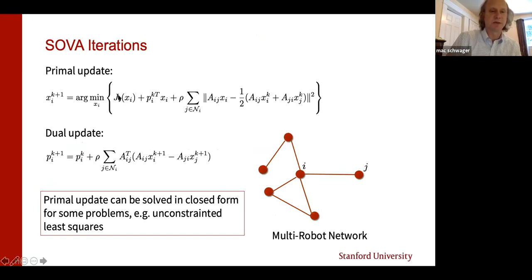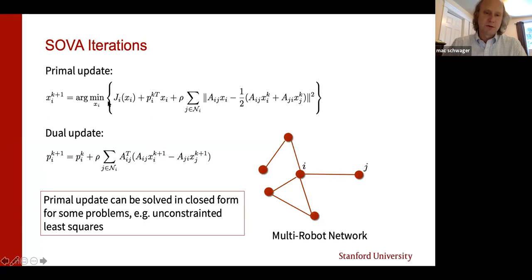So, for example, in the target tracking application, this only depends on the data observed by robot I. And then there's some dual Lagrange multiplier term. PI is the dual variable that enforces constraints between the local problems. And then it's called an augmented Lagrangian rather than just the Lagrangian because you have this quadratic penalty term. If you're familiar with augmented Lagrangian methods, this would be old news.